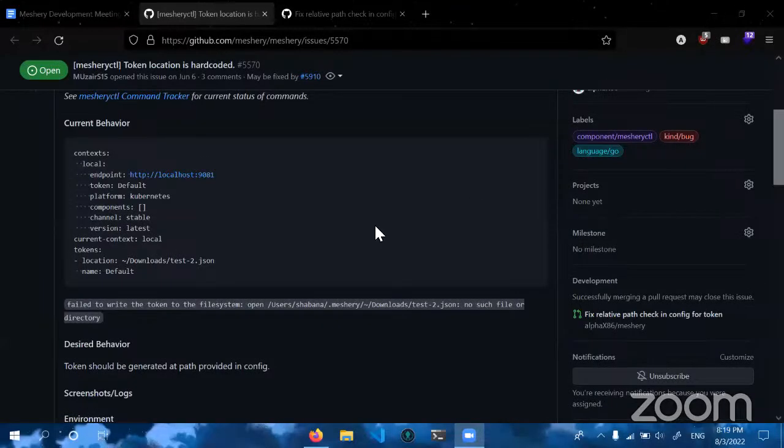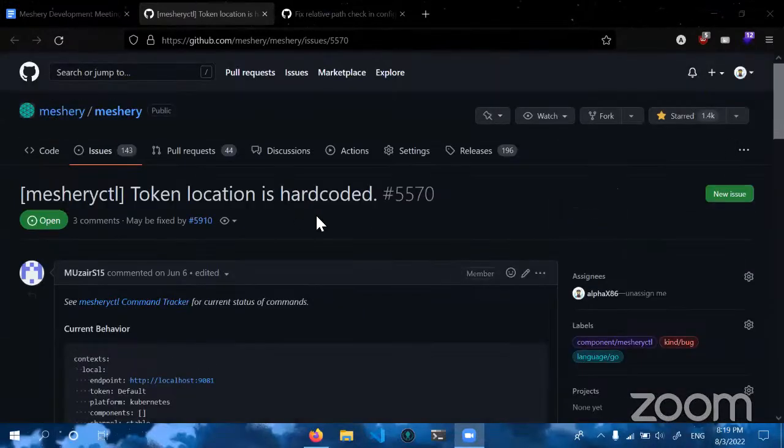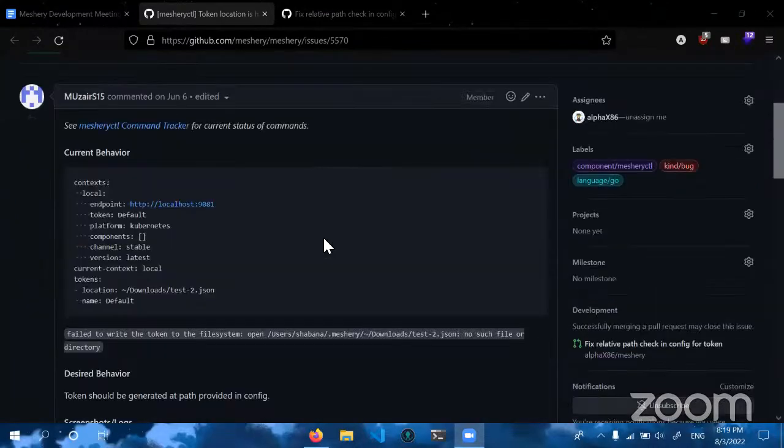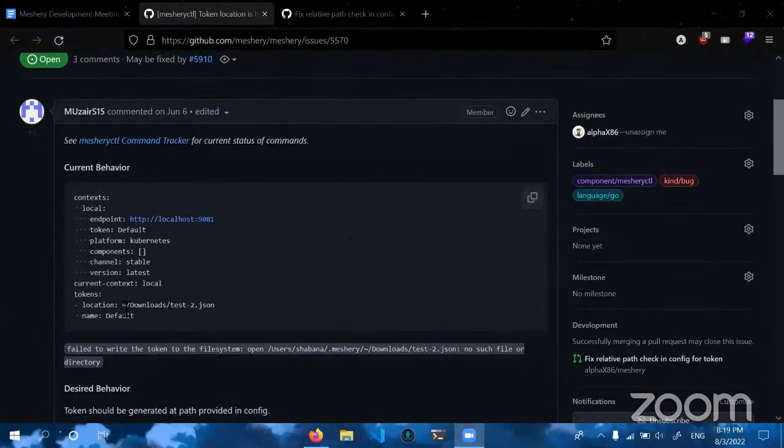Okay, so there is an issue in the meshery-CTL which has been existing like 2 weeks ago, where the token location of the configuration file, if the token is being given in the config file with this path, then it doesn't get expanded. If you give dot slash in the token location, that gets expanded and it gets recognized.